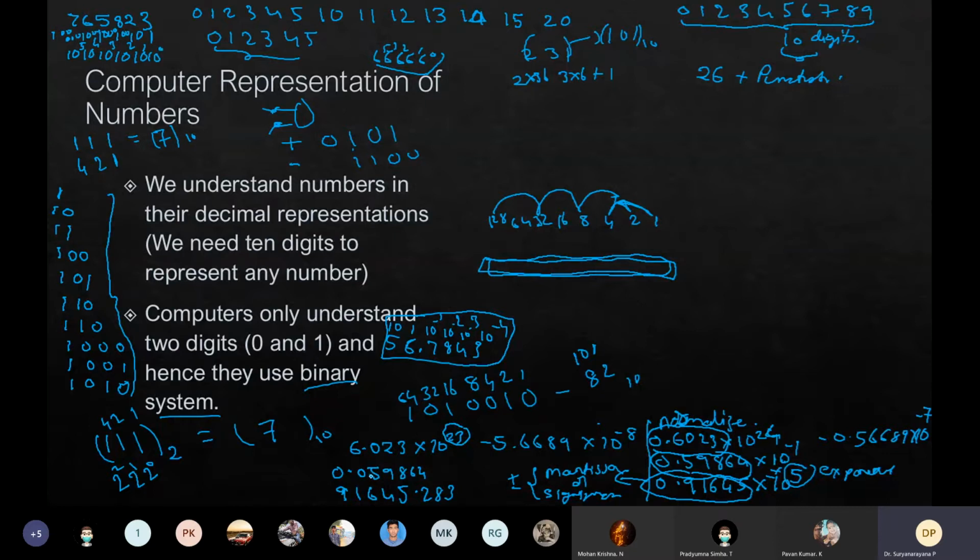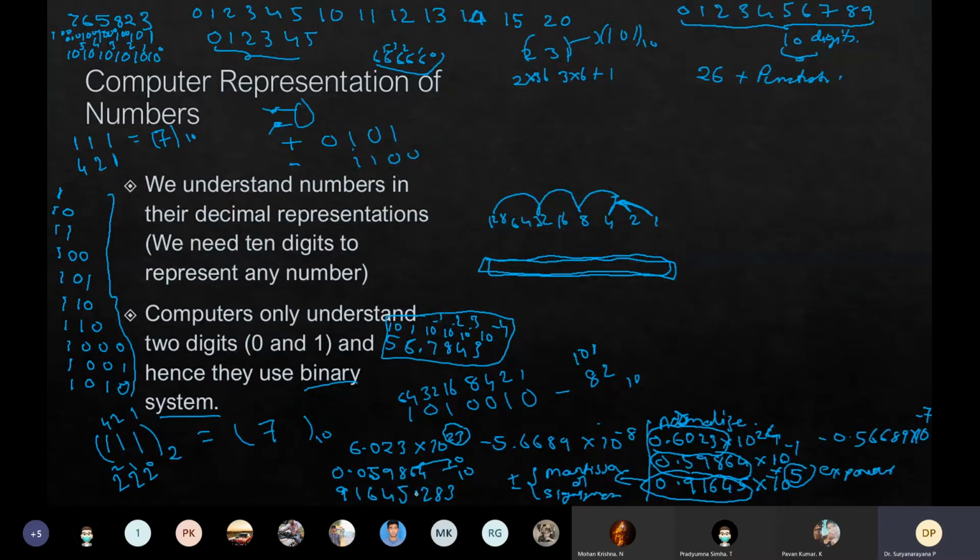For example, here, originally the dot was here. You wanted to bring it here because this is the leftmost non-zero digit. To bring it there, you have to multiply with 10, so you'll also have to divide it with 10. When you multiply this, it becomes that, and then we have to say times 10 to the negative 1. When you normalize it, you'll say 0.59864 times 10 to the negative 1. Originally it is 0.01.